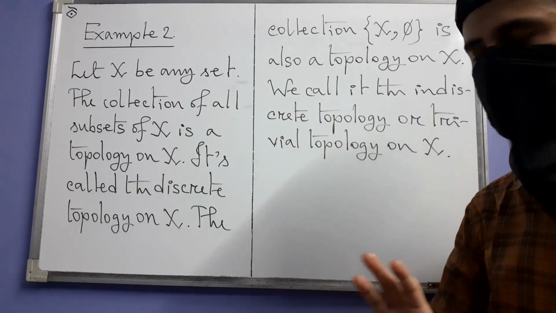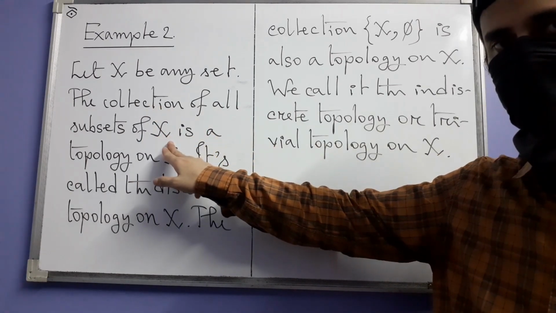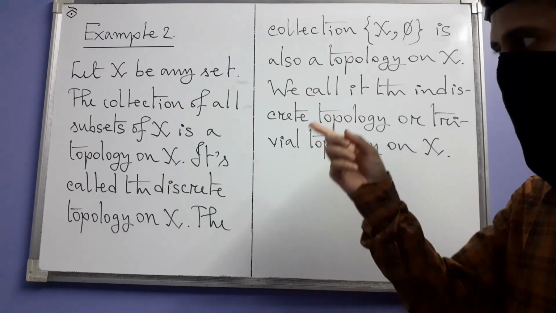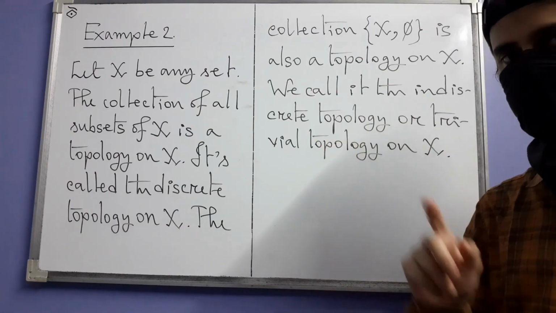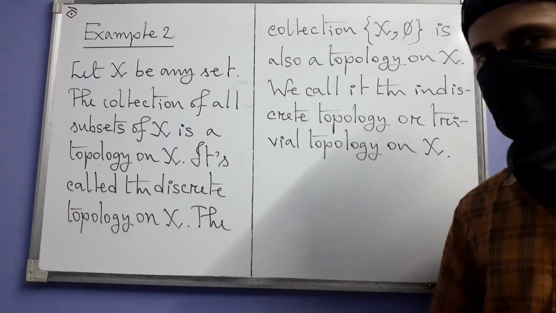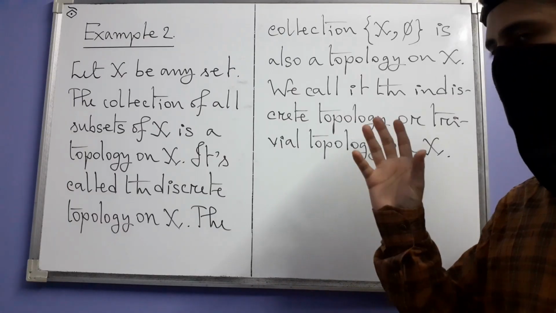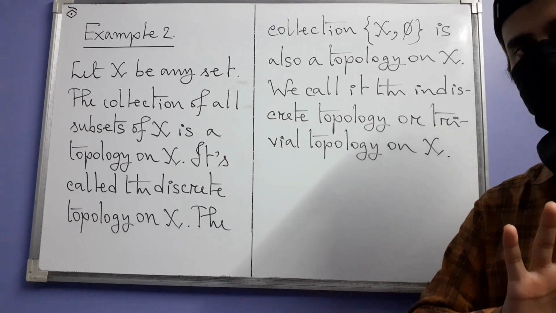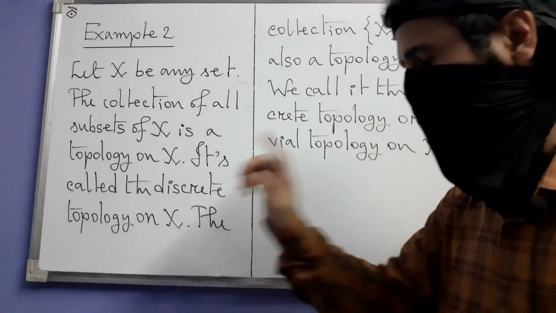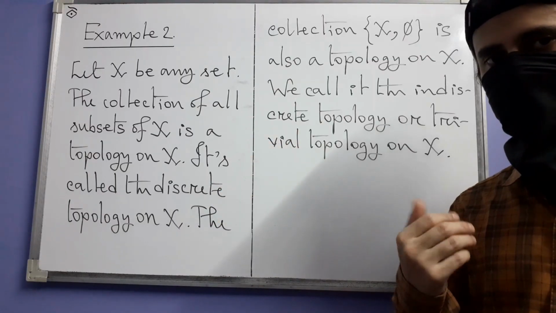X is just any set, and we are considering the collection of all subsets of X. That means we are considering the power set of X. So it is that T9 from the previous example, and this is a topology on X. Now we know very well why that is the case, simply because you have all the subsets here, and it has a name also. It's called the discrete topology on X, and with this topology X is called a discrete